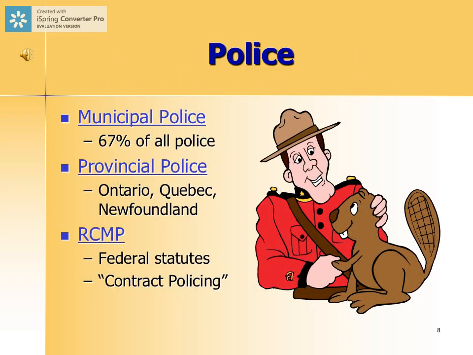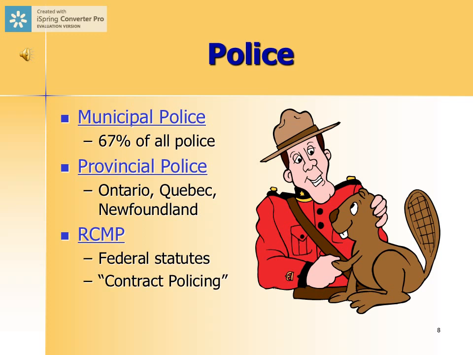The second branch of the criminal justice system we're going to talk about is the police. Obviously essential to the criminal justice system. They are the front lines of the criminal justice system. Their responsibility is to enforce criminal laws. But again, keeping in mind that in fact the majority of police's time is not enforcing criminal laws, but enforcing a vast array of other types of laws, including traffic laws and municipal bylaws and highway traffic laws, for example.